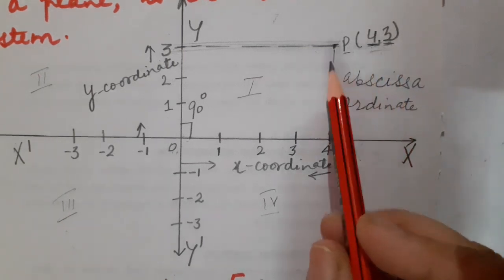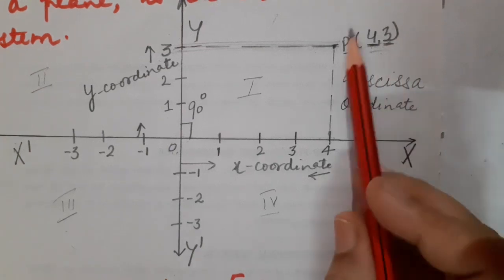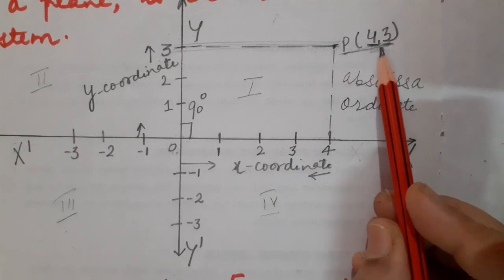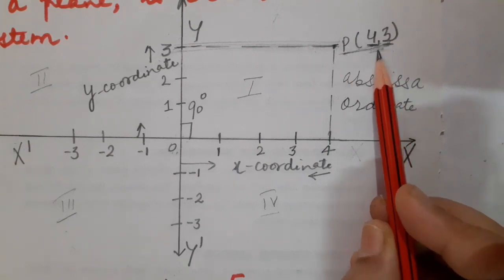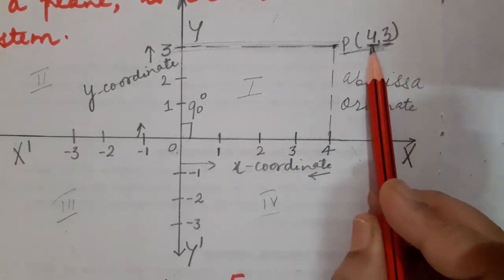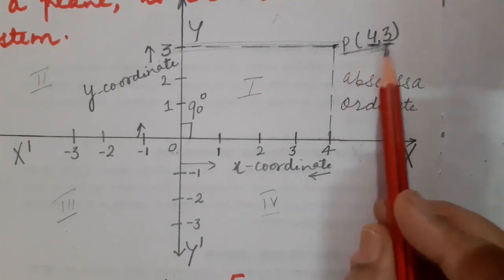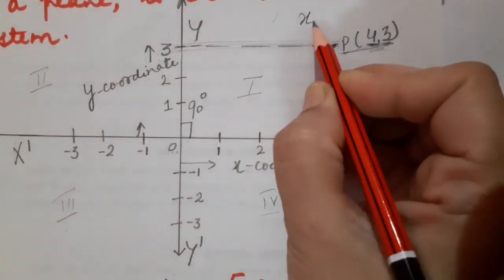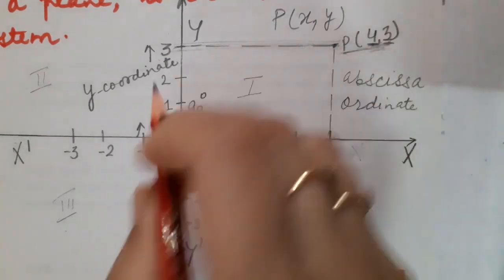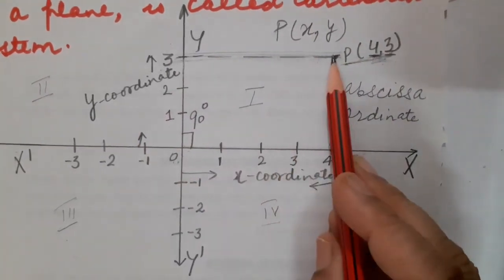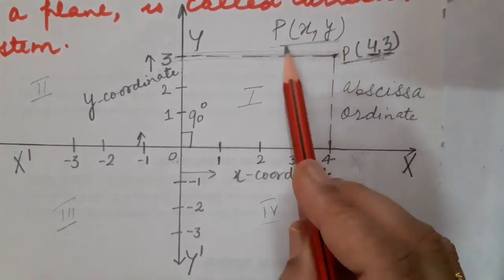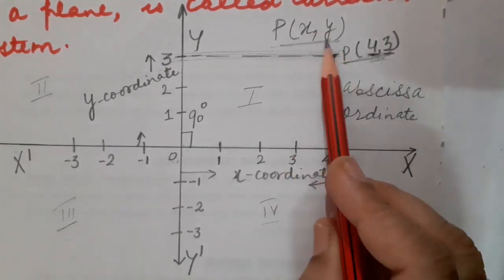Fine. Always remember one thing, children. Coordinates x, y are taken together and are known as the Cartesian coordinates, or you can call it the coordinates of a point. We can denote them as (x, y). Basically this (x, y) is called an ordered pair. How do we denote it? Look, I must write it like this: P(x, y). P is that very point which has been plotted on the Cartesian plane, and this (x, y) is showing the ordered pair. You cannot change this order.